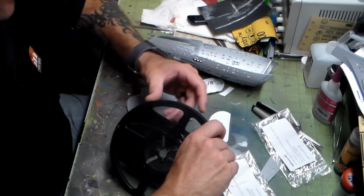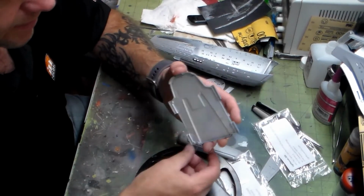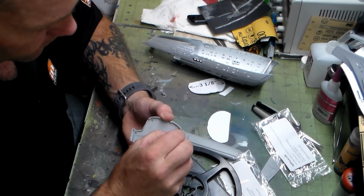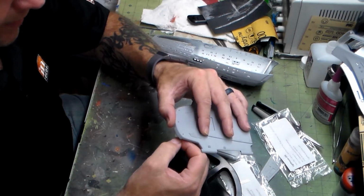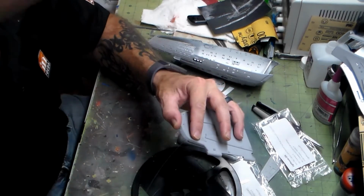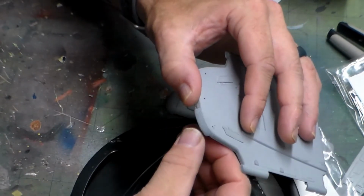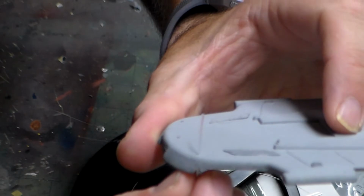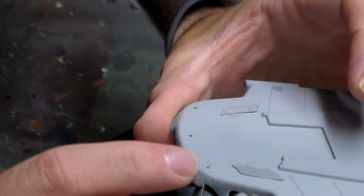Excuse the term, but let me find the end. There it is. What I'm thinking of doing for the aft section with the marker lights is I'm just going to run a piece of fiber optic up through, get it all run through, and then cut it down. Now it might not be bulky compared to how you see the lighting on the kit or the CGI model and all that, but I think this is going to work best. So basically it's just running that piece of fiber optic there, and then I'm going to go ahead and use the SMD, or I might just run fiber optic for all 3 of these,